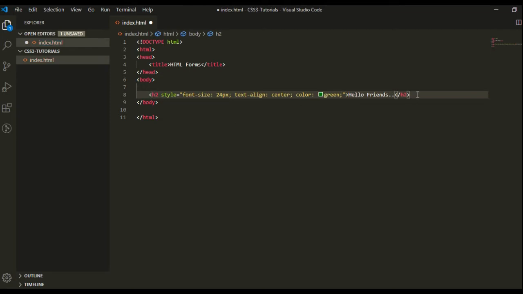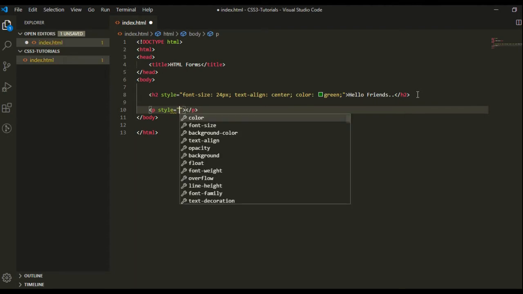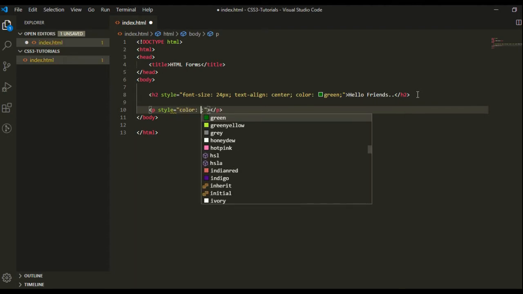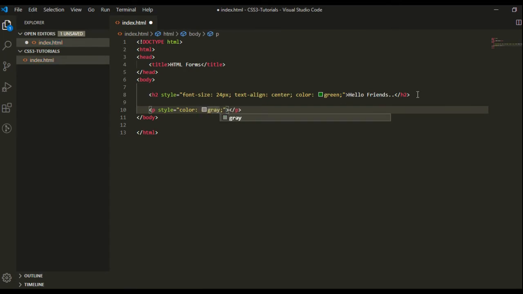In the same way, we can also take another HTML element, the P paragraph tag, and apply the style on this element. We can give the color gray, or you can write the color code in hexa format.